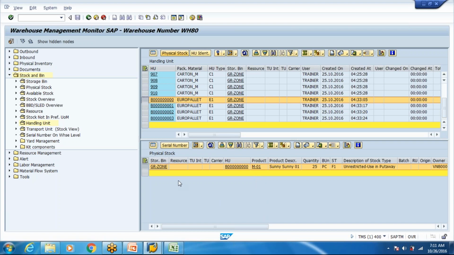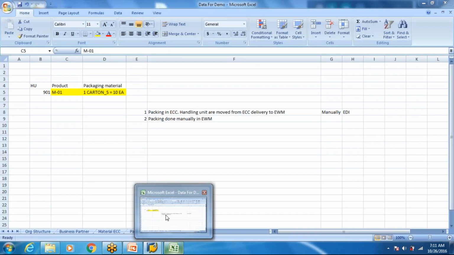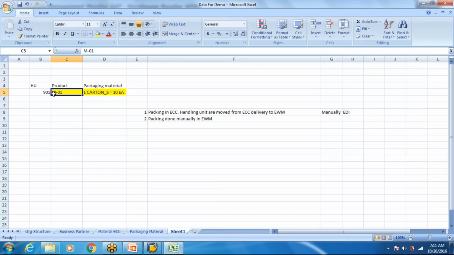There can also be a possibility where you have an HU within an HU. These are some possibilities which we will see in our subsequent sessions.